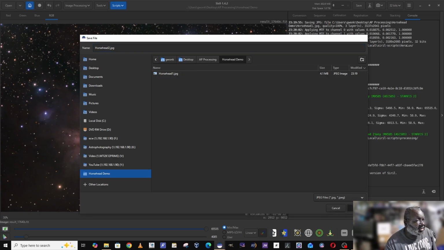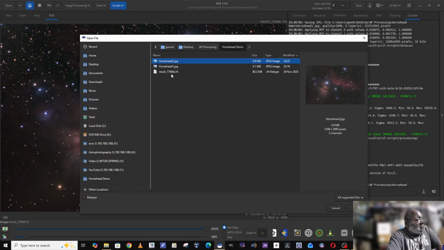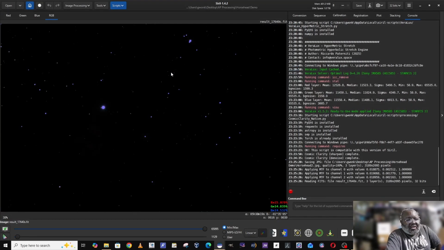And we'll save that. And now we'll try again with the manual process that I tend to use. So again, pull up your stretched file, go through your astrometric solution, plate solving, go through your gradient